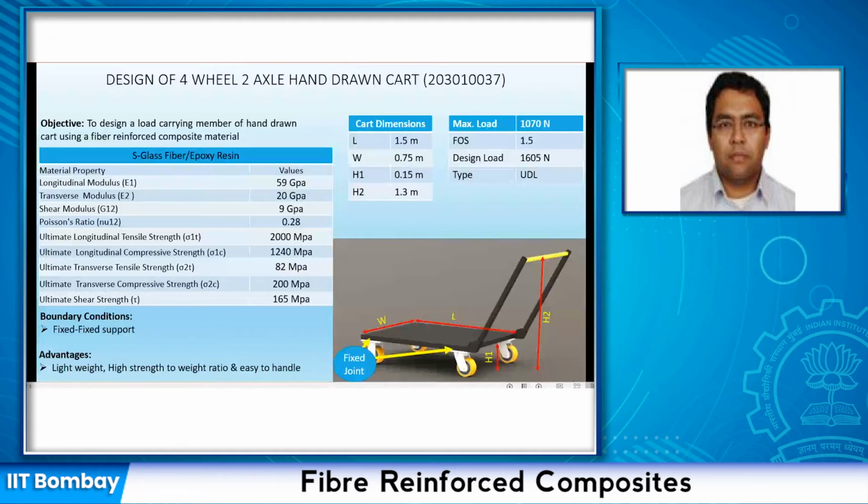So let's come to the load. The maximum load which will be applied is 1070 Newton. How I came to this force is, a normal human being can exert a force more than their weight. So I have considered, okay, I can exert a force equal to my weight. My present weight is 59 kg, so the total force that I can exert is 590 Newton.